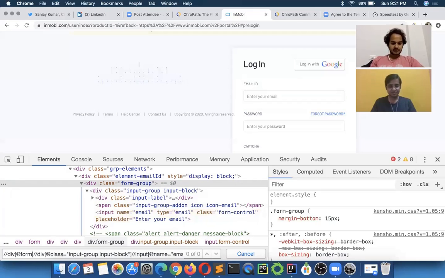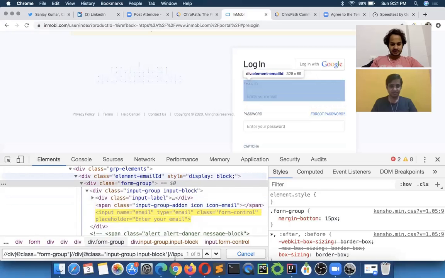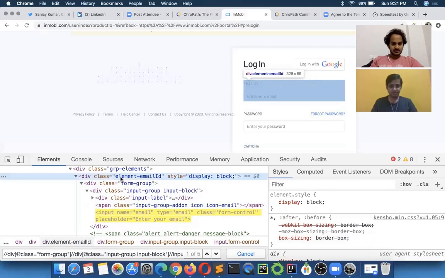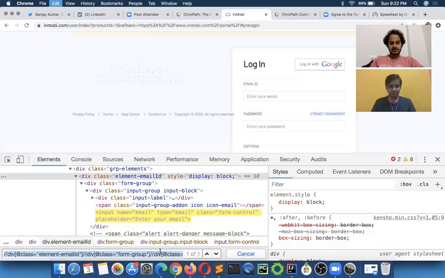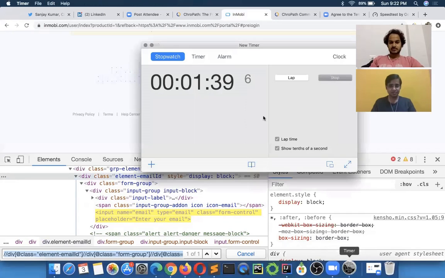Then @class is equal to, sorry, not form. And these are small things you will do a lot while typing, and still 1 of 5 you see. Then one level up. And still 1 of 5 you see. Then one level up. Okay, so this is 1 of 1, we got it. Let me copy this. Stop the timer here.